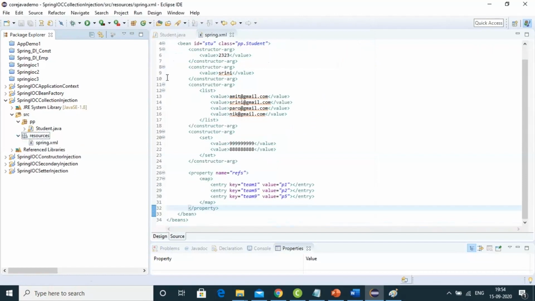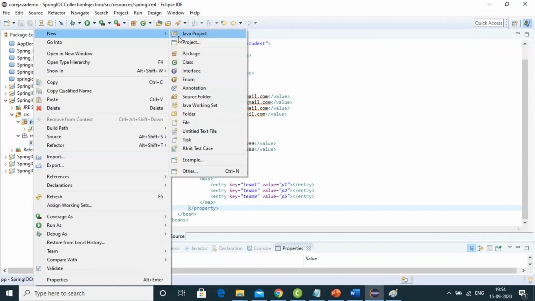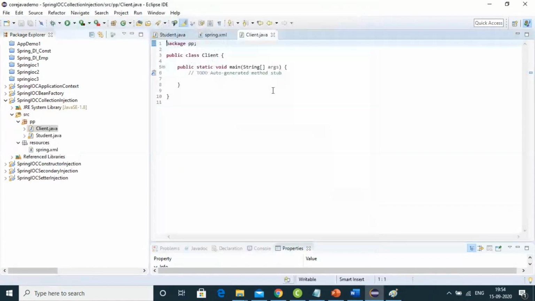You can save this and you can create a client.java. Right click, new class. Class name is client.java, and inside this class what I want to do is create an object